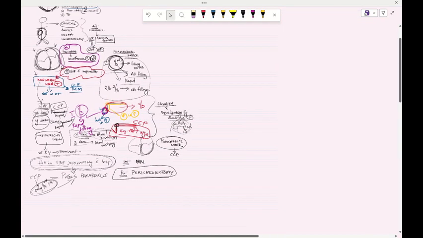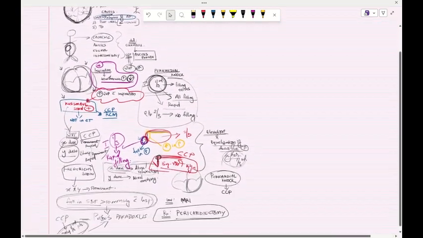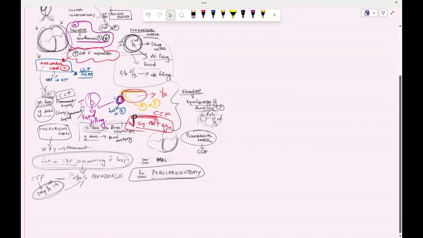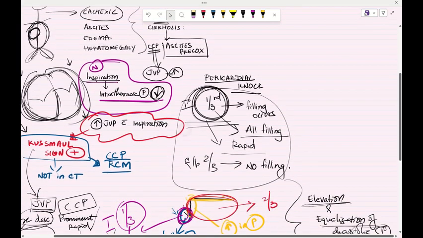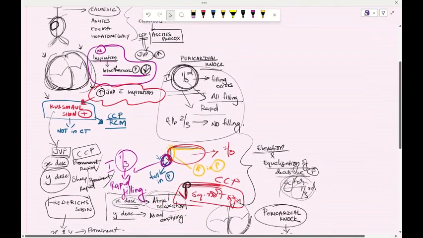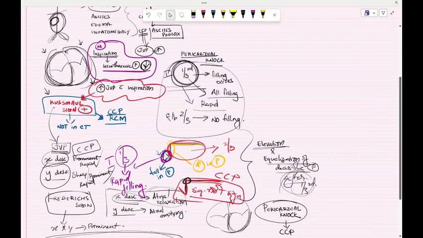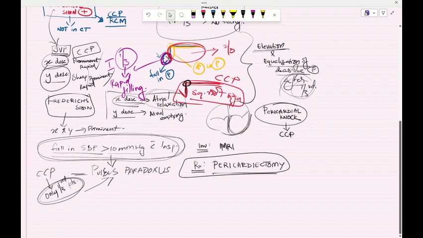So I have told you how this can present, the causes, and how it can be differentiated from liver cirrhosis because of the presence of ascites, cachexia, edema, hepatomegaly. I've told you what happens to the pulsus paradoxus. I told you what happens to the Kussmaul sign and everything, the square root sign and the pericardial knock. Everything is